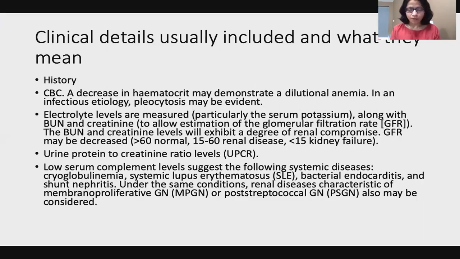Now, before we try to interpret a renal biopsy under the microscope, the most important thing is looking at the clinical details. The renal physicians are quite clued in and give a very detailed history in most cases. The history usually comes in the form of just a normal complete blood count. They may tell you what the blood urea, creatinine levels are. They may tell you how much protein is there in the urine. That may come in the form of a urine protein creatinine ratio.